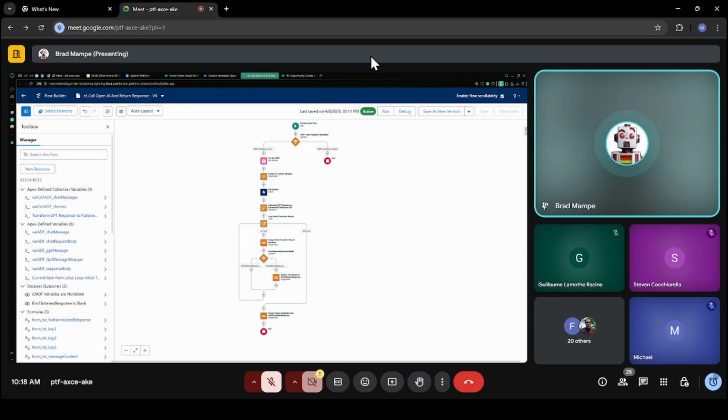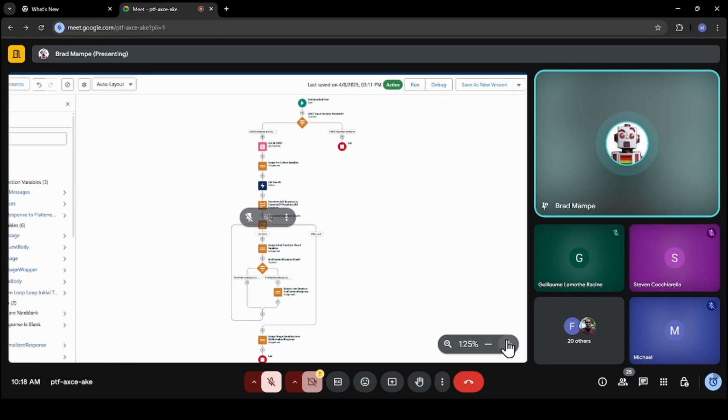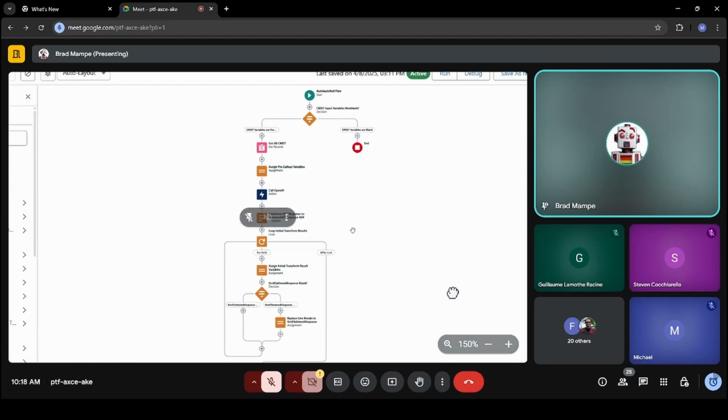Flow has done some wonderful things in creating transform elements and making manipulating data a lot easier in a declarative sense. That's something that's a lot more valuable when you're dealing with Salesforce's schema. However, in this case, we're reaching out to OpenAI, which has a completely different schema than what's in Salesforce. And that created some interesting challenges. So let's dive in.